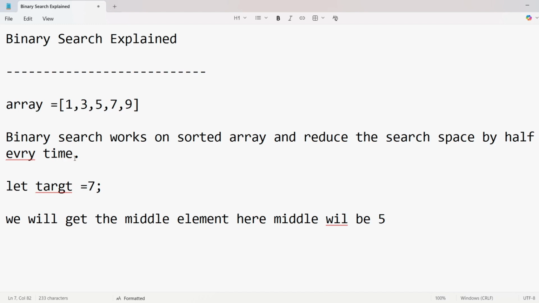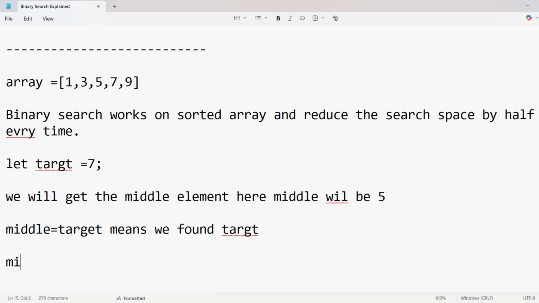If the middle is equal to the target, we have found the target. If the middle is less than the target, it means